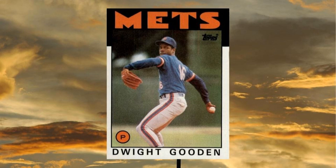Number 13. 1986 Topps Dwight Gooden, number 250. Was there a more scorching player in the game and the hobby entering 1986 than Dwight Gooden? Maybe, but if there was, his name was Don Mattingly. Otherwise, Gooden's ridiculous 24-4, 1.53 ERA, 268 strikeout, 1985 encore to his 1984 Rookie of the Year showing not only